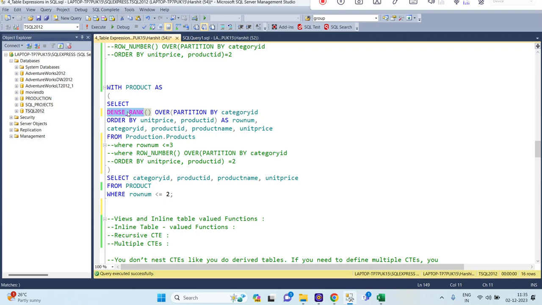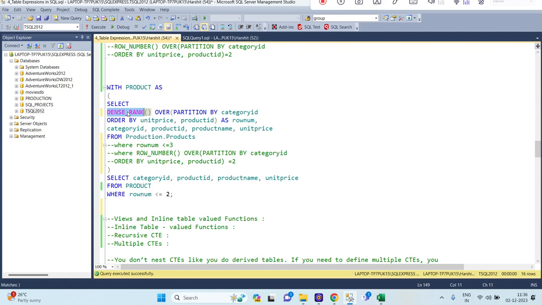Actually it is based upon the requirement. Suppose multiple employees have the same salary, right? In that case we want to use dense rank. We want to use, say, 5 highest employees department ID wise, right? But 2 or 3 employees have the same salary. Then in that case